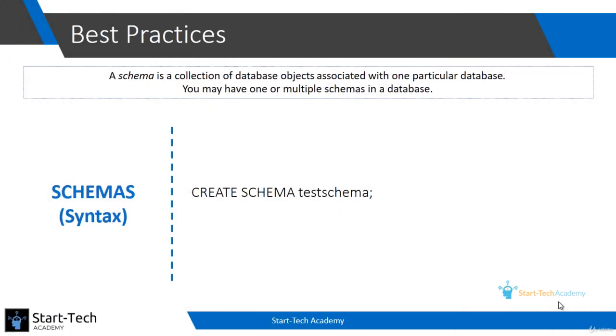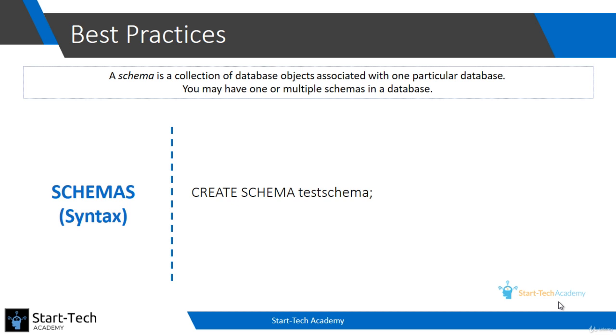It is very easy to create a schema. You just write create schema and the schema name. And if you want to create a new table in this schema, just write create table, the schema name dot table name. So your table name is a combination of schema name plus table name. In all your queries, you can replace your table name with schema name dot table name and it will work. If you do not mention the schema name, by default, it goes to the public schema.